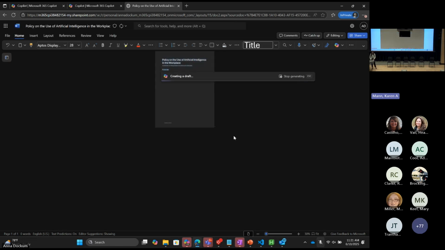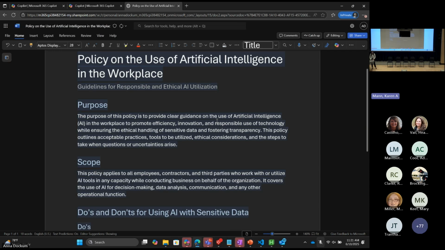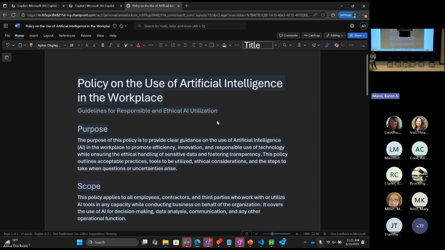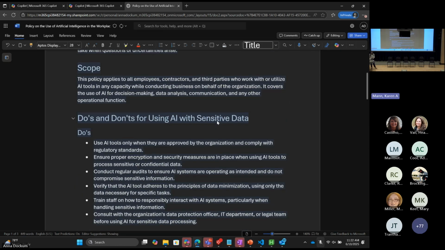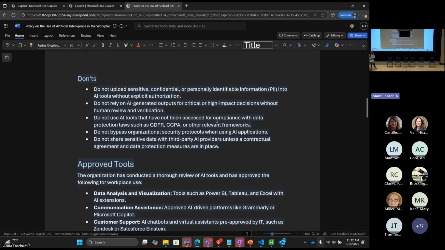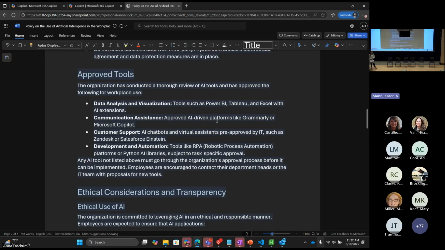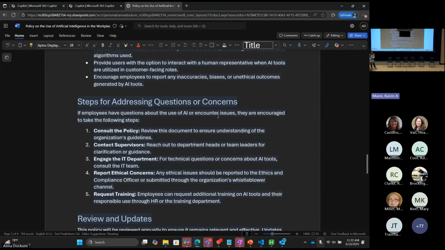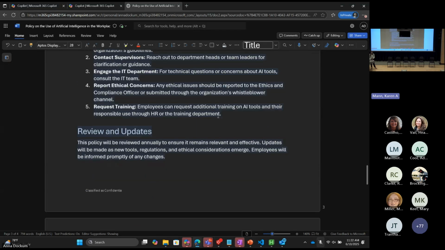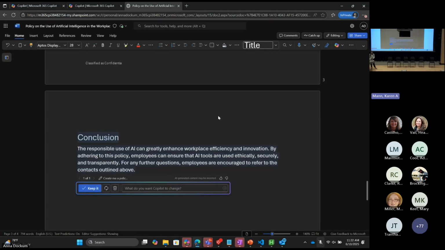And here, without me even having to leave my Word, it's going to start giving me that rough draft of the application, of the policy straight in my Word. So I can go in here and read the purpose, the scope, do's and don'ts, approved tools at my organization for AI, ethical considerations and transparency, steps for addressing questions or concerns, reviewing those updates, and a conclusion of